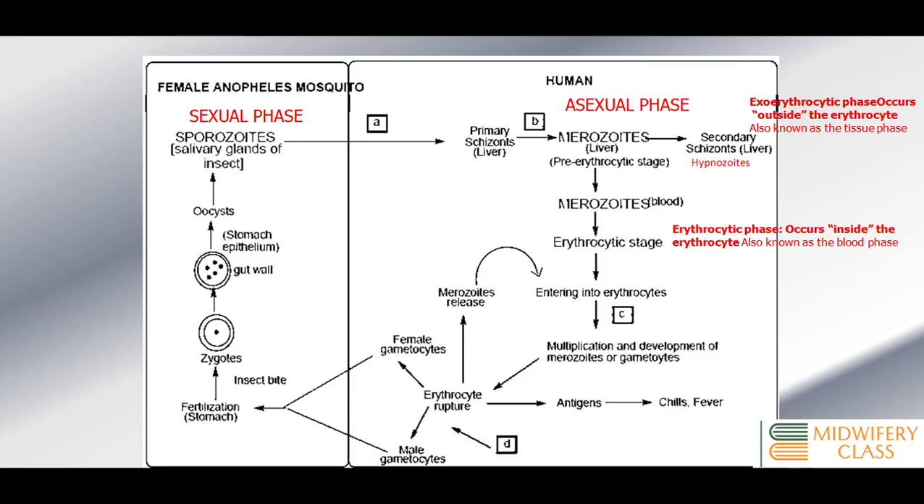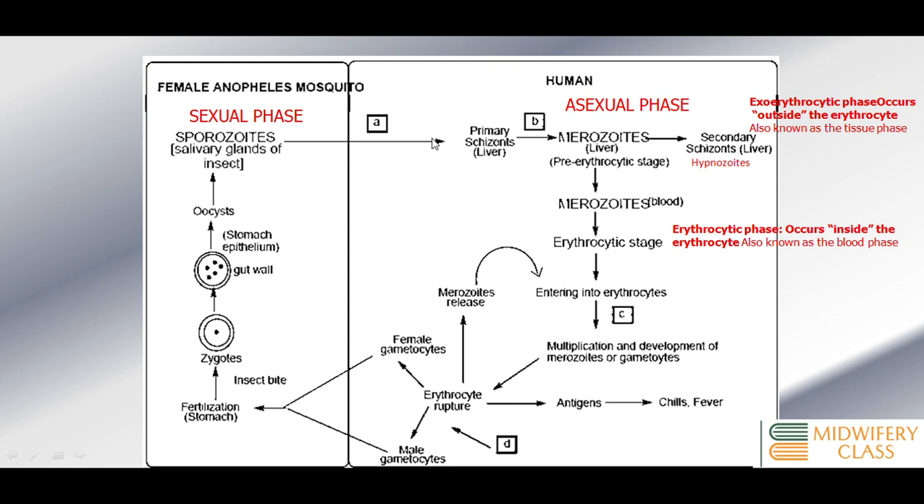So here is a simple illustration of the life cycle of Plasmodium. Now, on our left, we have the sexual phase that occurs in a female Anopheles mosquito, and on our right, we have the asexual phase of the life cycle of Plasmodium that occurs in humans. So, let us start from the sexual phase, where a mosquito will have a blood meal during which it injects sporozoites